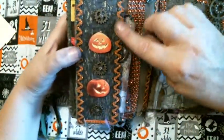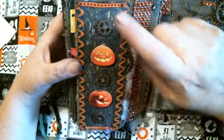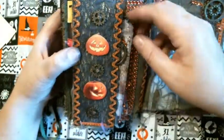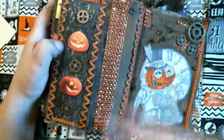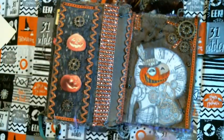So what I did over here is I used some of Bima's ribbon right here. And I have trim going along it. I have these gears, pumpkin gear. And then over here, I just put this piece of bling because it just needed something there. Some more of that trim from Joe. And I did take my grandkids' artwork,